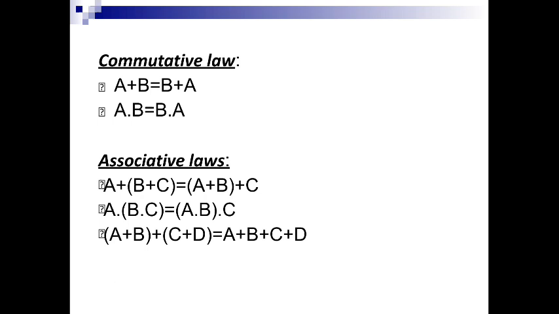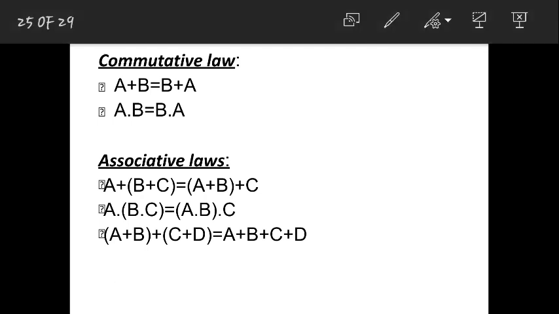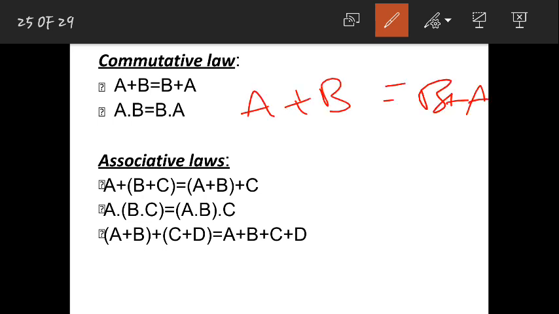Next you have commutative law. So, this law is nothing but A plus B is equal to B plus A. Nothing but you are just reversing the variables. Even if you write A plus B or B plus A, both are equal. He is trying to say that. Okay. If you write 1 plus 0 is equal to 0 plus 1, both are nothing but you will get the same results. 1 plus 0 is 1. 0 plus 1 is also equal to 1. Okay. That is what he is trying to say.